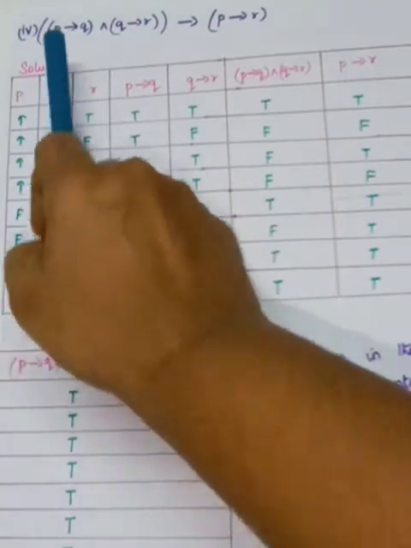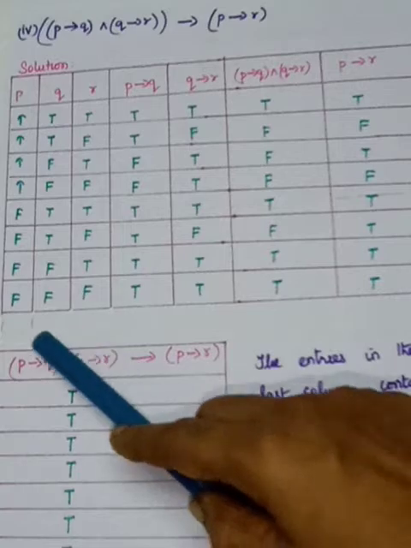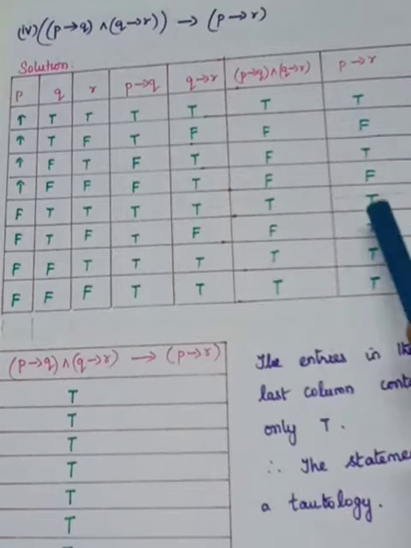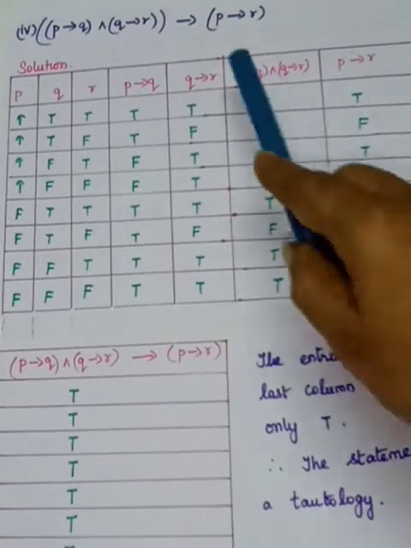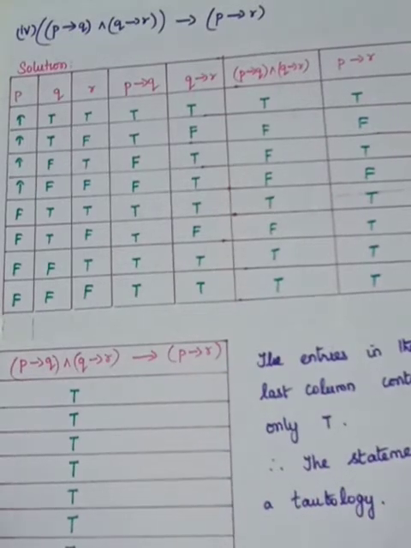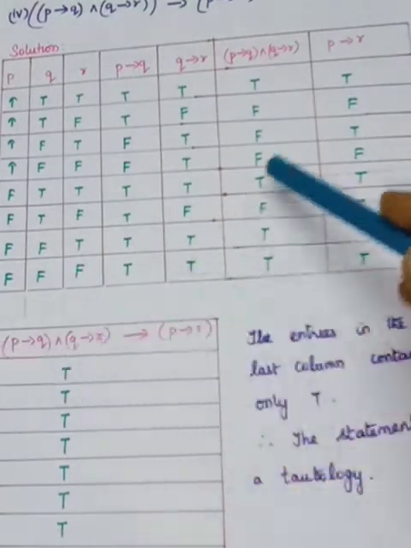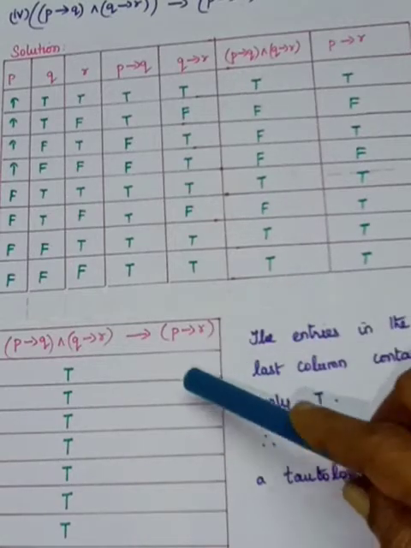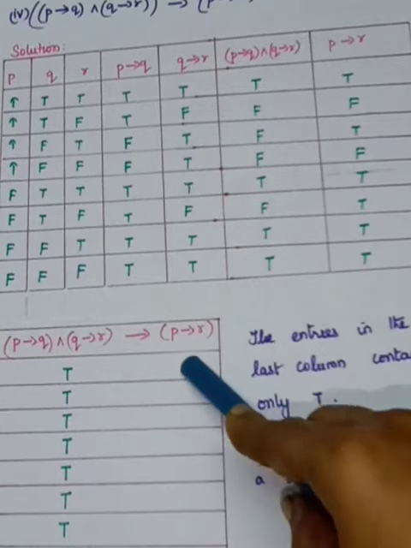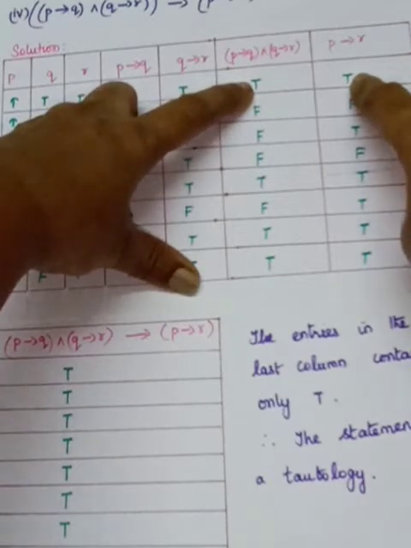Okay. So the first term, second term I have completed. In between what are you having? Implies. So where is it? This one is in the 6th column and this in the 7th column. So you have to look at the 6th and the 7th one. What in between you are having? Implies. Implies is a conditional statement. So conditional statement means what you have to do? The first statement is true. So in the 5th column you have to find out where the true are. In the 6th column, where you should have false, you have to write false. Otherwise everything is true. So the next one you should have F.